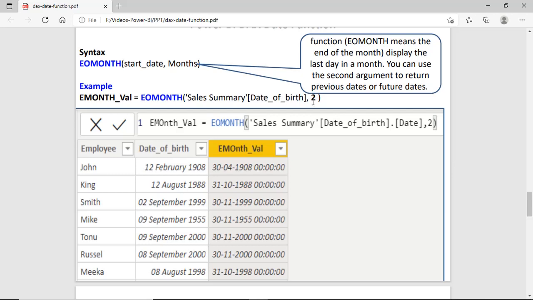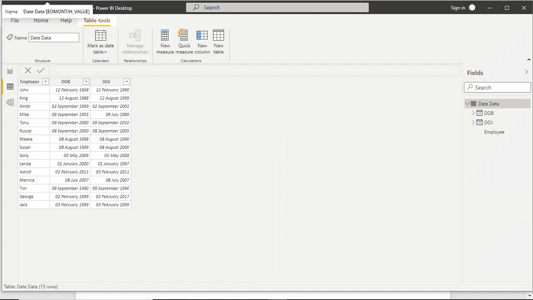It means we are adding 2 months to this date. So in the sample data you can see it's 12 February, then next is April, but 30 is the last date. And the same with the next entry, October, and 31st is the last date of the month. Now we check the EOMONTH function with the same data.